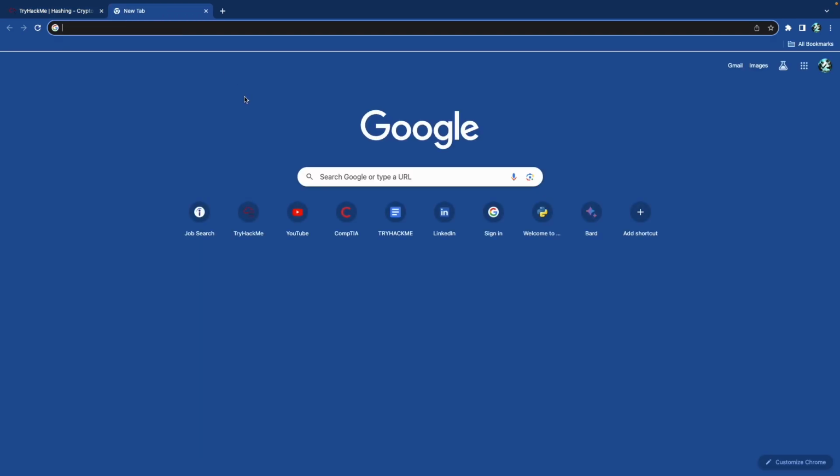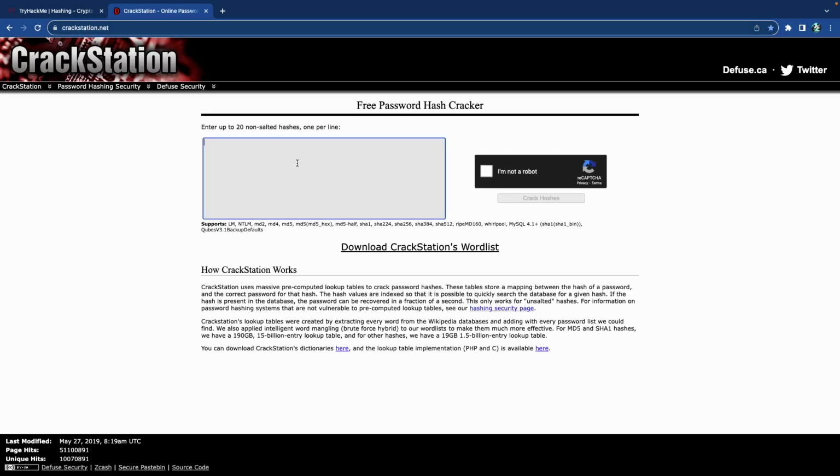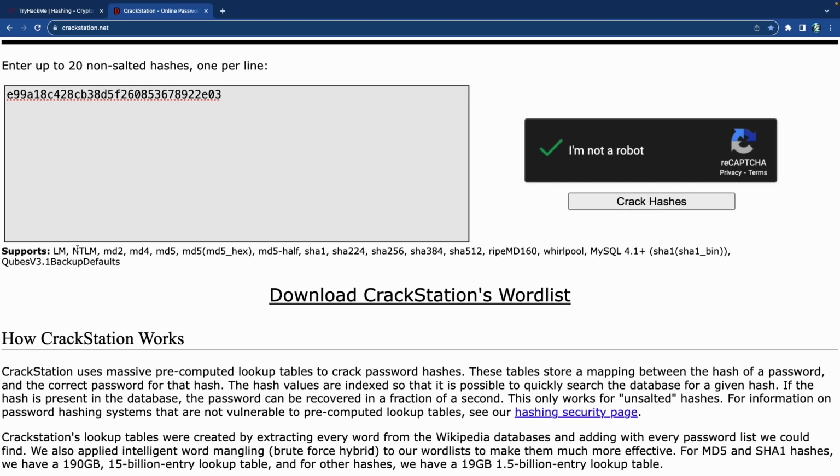Previously I mentioned that you would need everything, so you would need the hash as well as a document that stores all the hashes to be able to see what the hash means. You can't get something just from the hash, but CrackStation's already done that for you. So they have this huge database of all these hashes. Look at this. They have all of these different hashes, 256, 224. So they have all of this stuff, right?